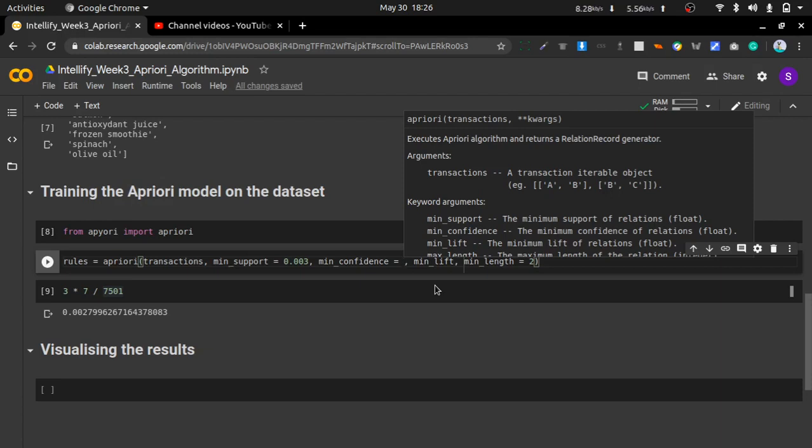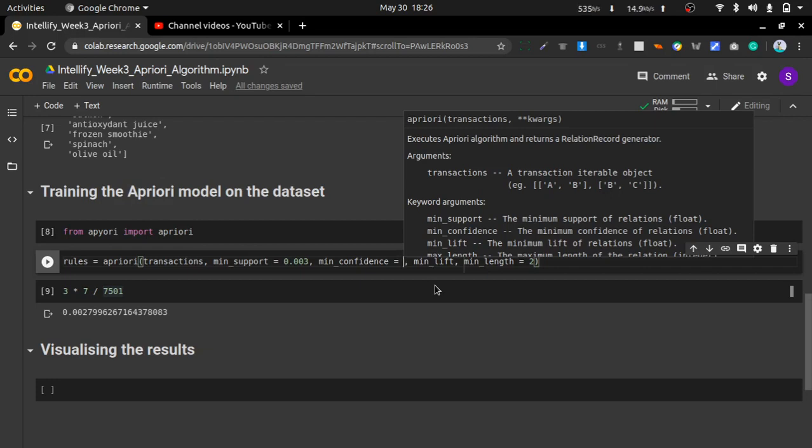There is no point calculating the associativity between ice cream and wheat, because every person has wheat and ice cream in his or her basket. If you calculate it, the confidence or associativity will be greater, okay. So we don't want that.